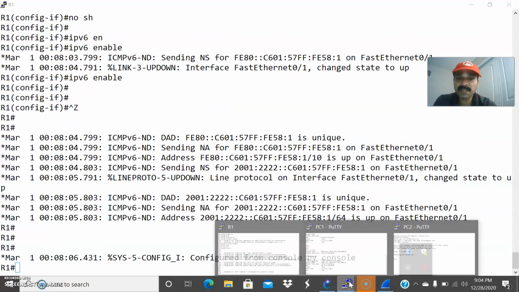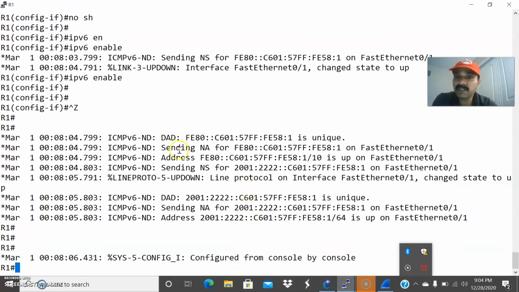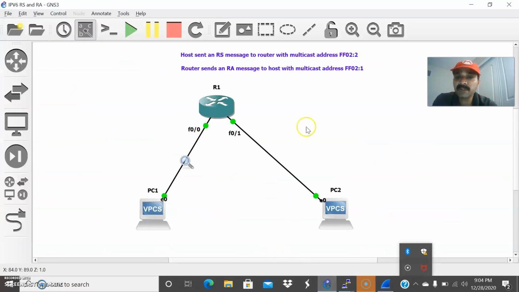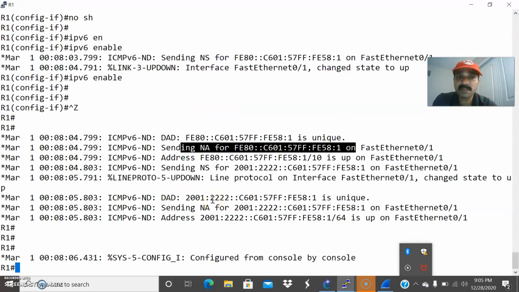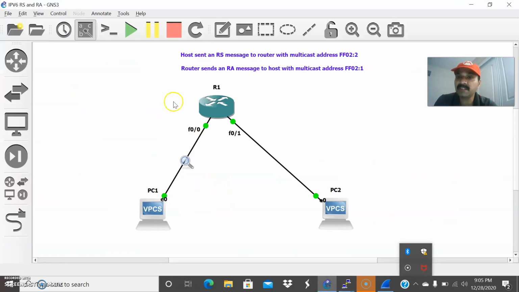Also you can see the messages flowing over here, right? It is sending a neighbor solicitation, as I already told. First, it will always send a neighbor solicitation and the neighbor advertisement message. Keep in mind, each and every device will generate a link local address. That is mainly for communication, for neighbor identification. After sending the neighbor solicitation and neighbor advertisement messages, it will add the prefix, the prefix I advertise on this interface. So the host, after getting the information, will append its interface ID, that is the MAC address-based interface ID, with this prefix.